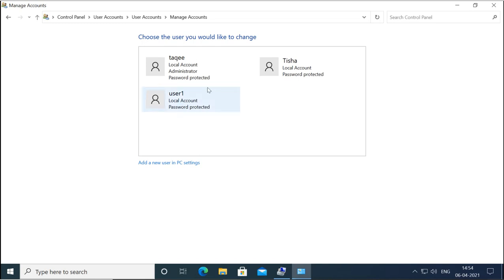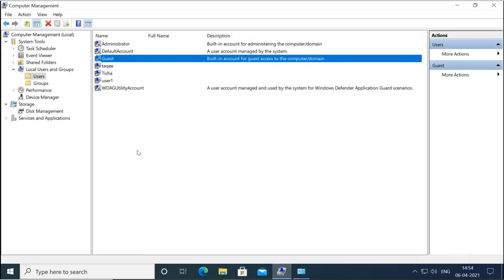You see here it is showing Administrator, but this is an administrator, not the main Administrator account. You can see the main Administrator account only in Local Users and Groups in Computer Management.